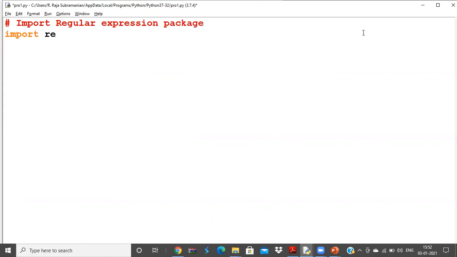Now I'm going to extract each word in a given line using star and plus.